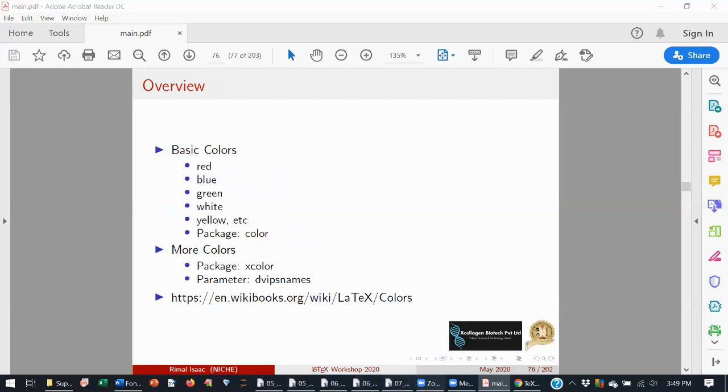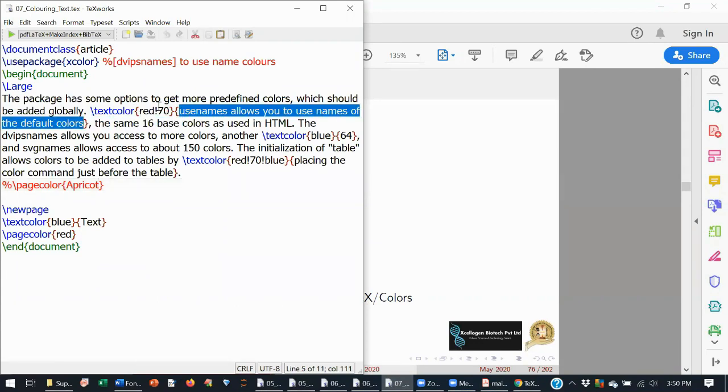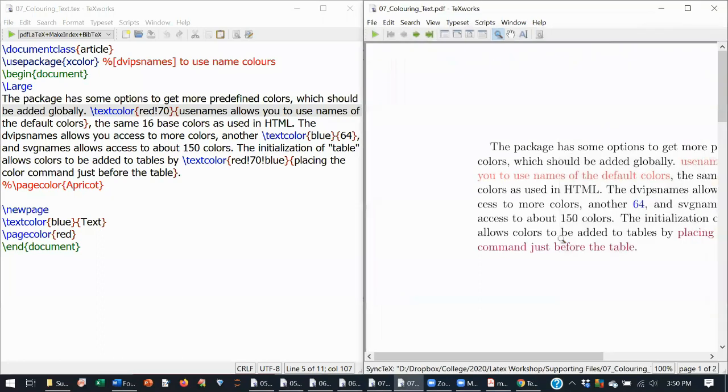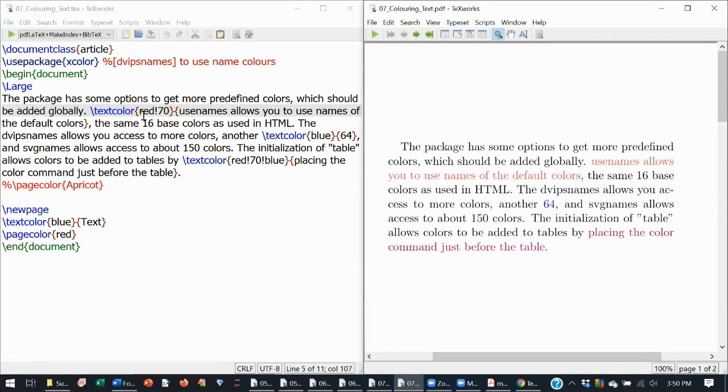So here I will color this text with red and white, and I will color this text with blue color, and I will color this place with a mixture of red and blue, and we will compile this and we will see. You can see you have colors.